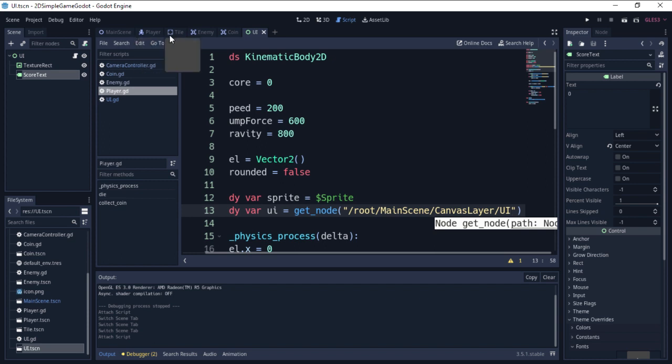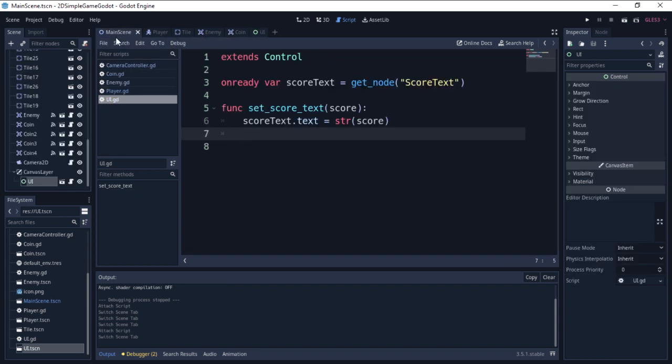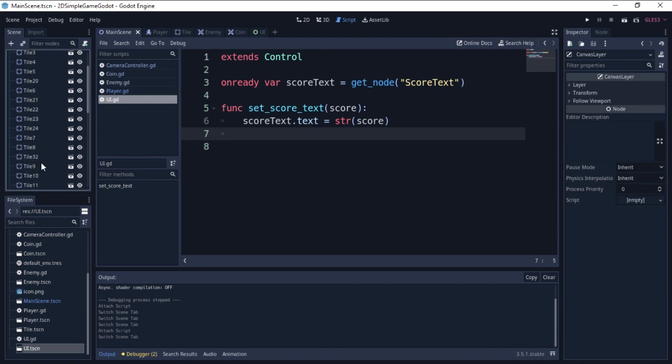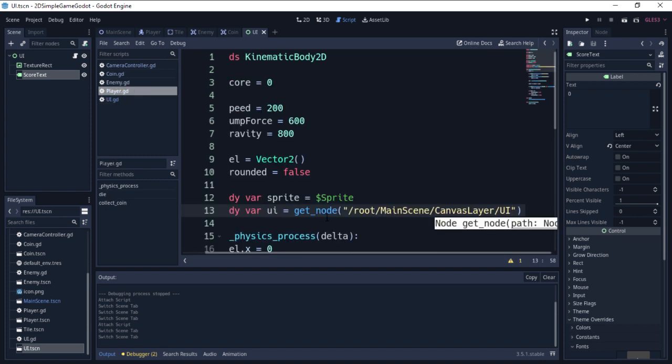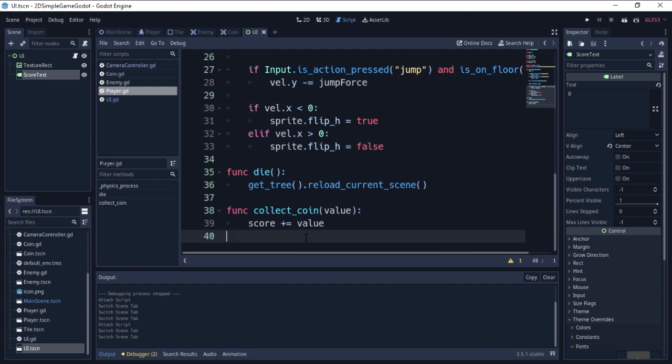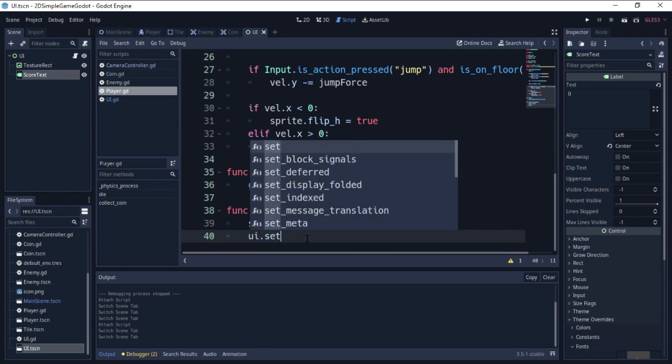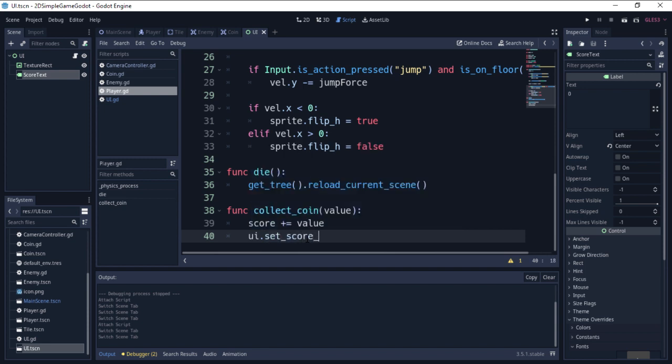If you're not that sure, you can just go to main scene, then check the order. Then after that, down in the collect coin function, we should add this line of code, which is UI.set score text based on our score. Then if we press play,